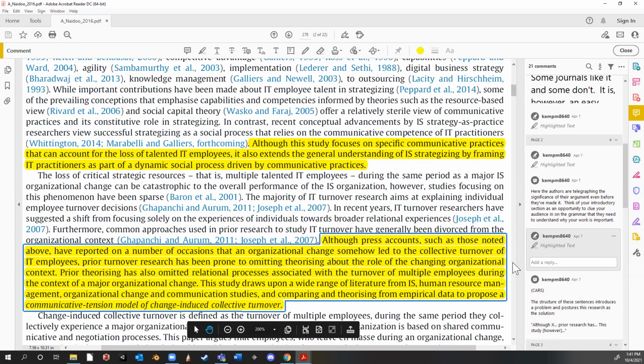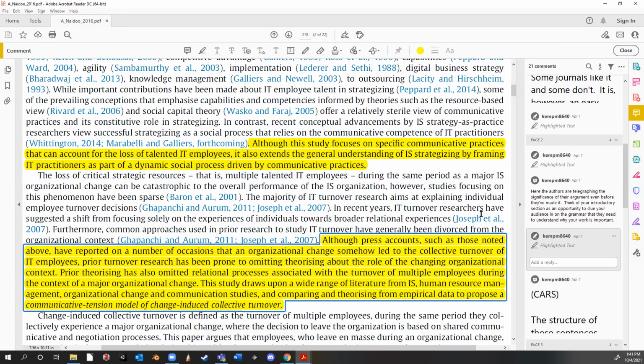research gap. Okay, so if you haven't been to the Writing Center before and you haven't heard us talk about CARS, or creating a research space, it's essentially the process by which first you identify what is the state of previous research on this topic within a field. Second, what is missing from that conversation, what we'd call a research gap. And then third, how does your work fit in, right? A statement that is a while statement or an although statement is a really, really great articulation of a research